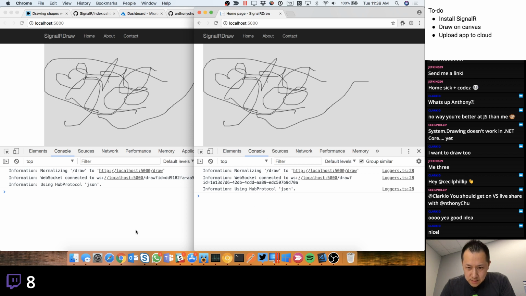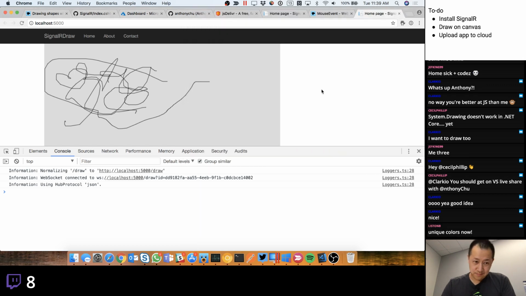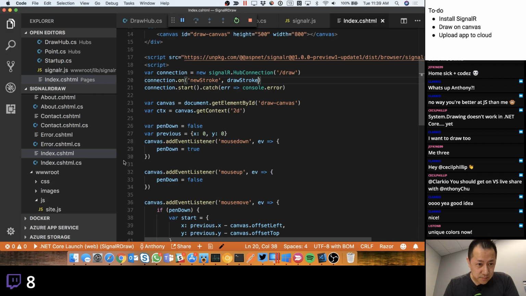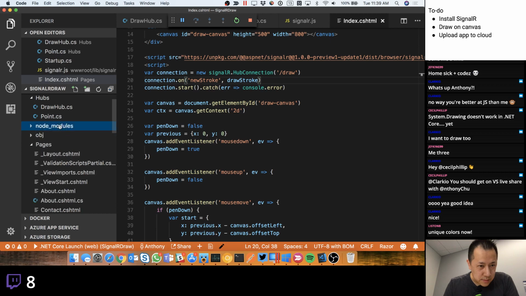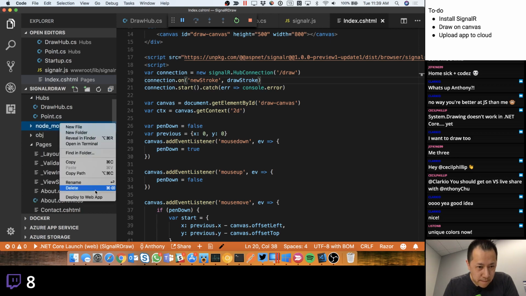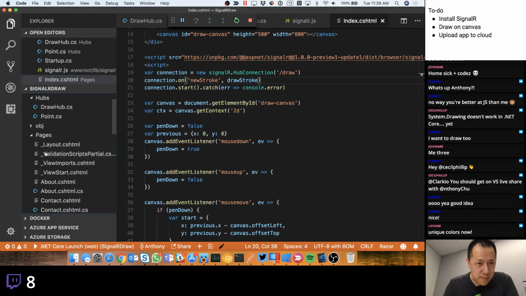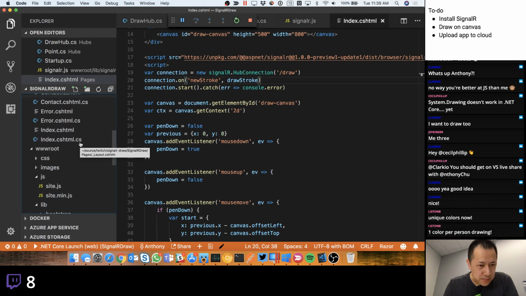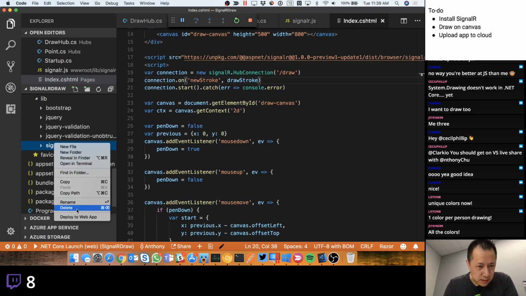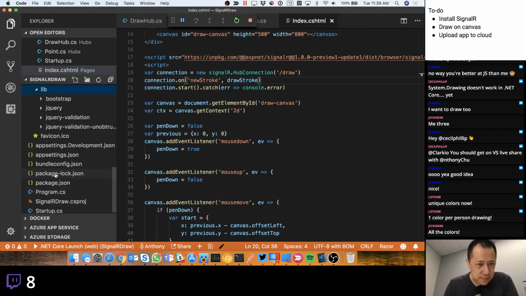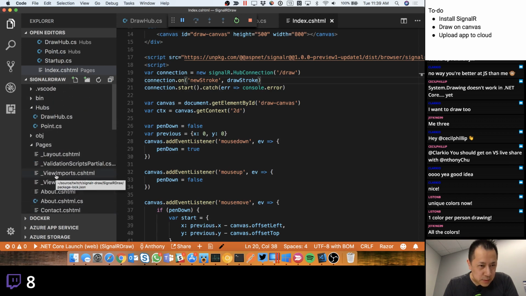Okay, let's do something crazy and publish this to the internet. I might regret this. Because I'm using the CDN, I actually don't need my node modules. Delete that. Goodbye. And also, this thing I moved in here earlier, don't need that. Goodbye. So we got those. That's all we need. So we need a